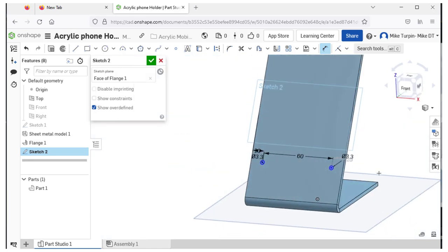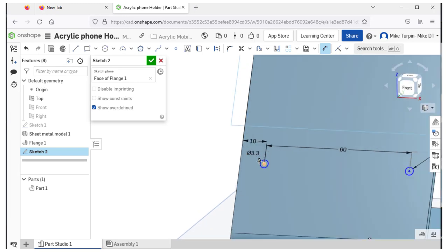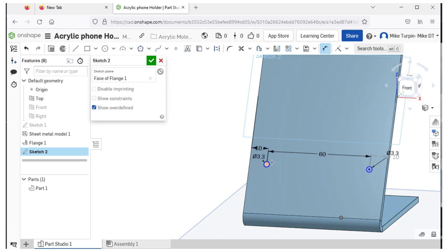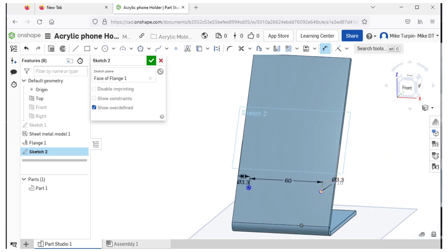Right, now there's my two holes. They are 10mm in from each edge. They are 3.3 in diameter. My final bit of dimensioning is going to be to get them lined up with the top of that object. I'm deliberately not doing it off the bottom. I could probably do it off here, but I'm going to do it from the top to allow me to position these up or down on that face. So there's my dimension tool,